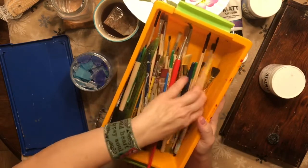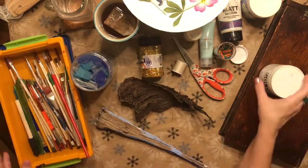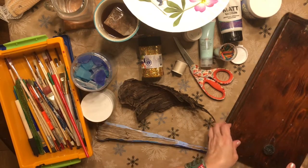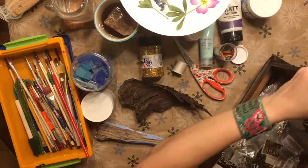And let me see if there's any other kind of tool in here. I think the rest are just paintbrushes. Oh, I see a pencil deep inside there. Anyways, I just brought this out to have. And then I have this cool thing right here. This is actually something that I found antiquing. I think they kept records in here. But inside of here, I don't know if you can see it or not, I have all my little pretties